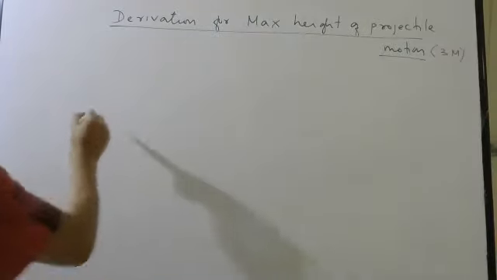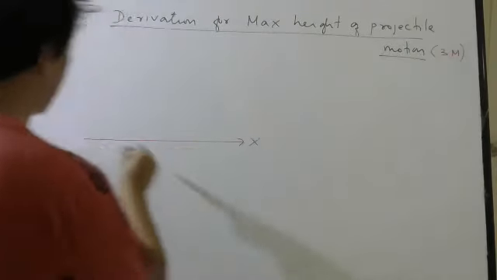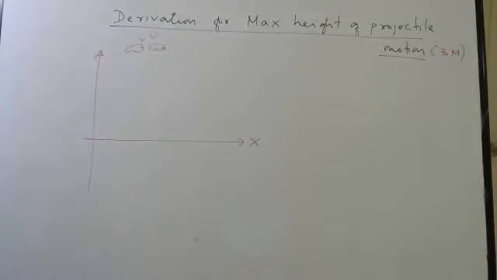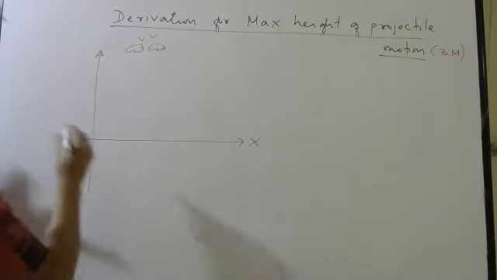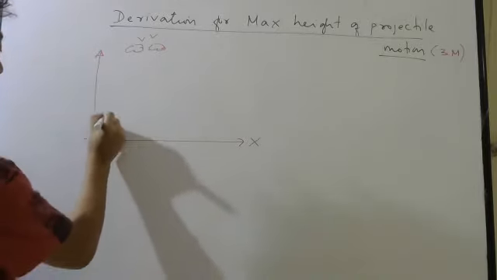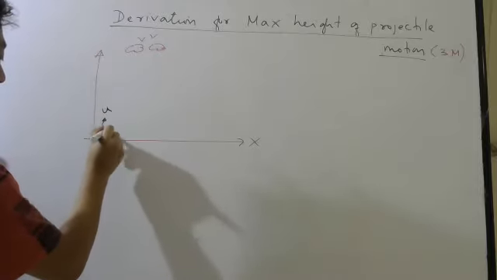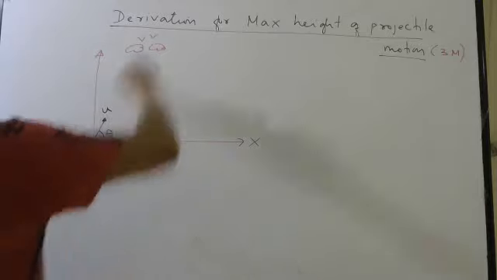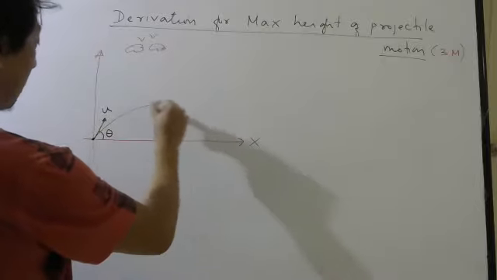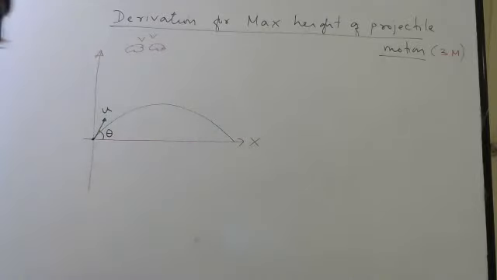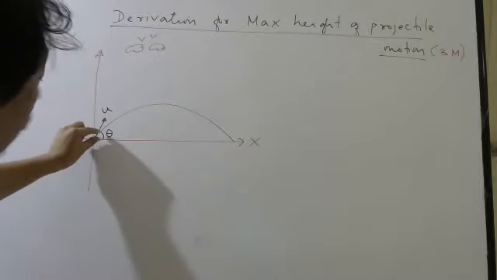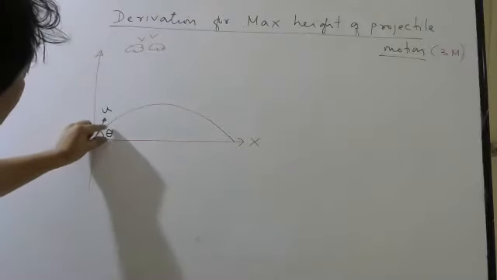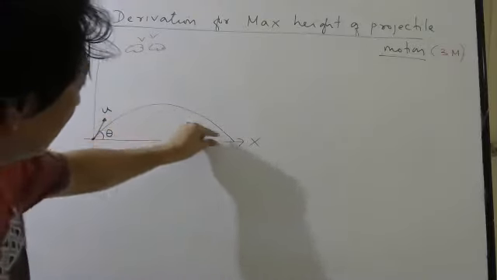So let's start. Again, this is your ground, x-axis. This is y-axis. Clouds are there, birds are flying, and you have an object which you have given some velocity u at angle theta. Since there is gravity, it will not go straight. Now, I know it will follow a parabolic path. So if you see the y coordinate, you can see what is happening to the y coordinate. I'm not talking about the y component of velocity. Be careful. So the y coordinate is increasing, then again decreasing, right?